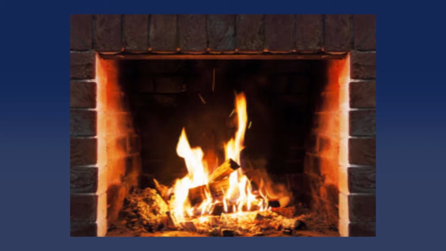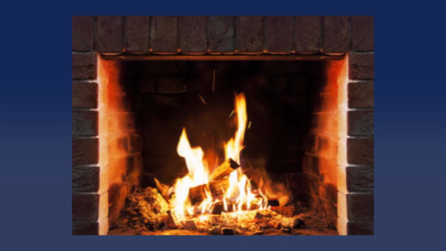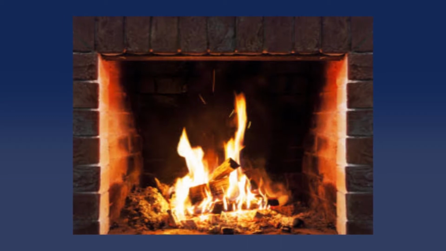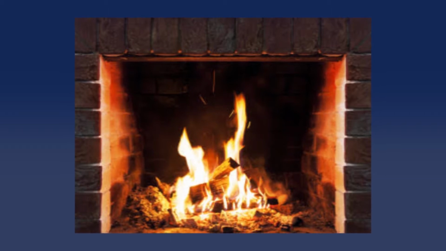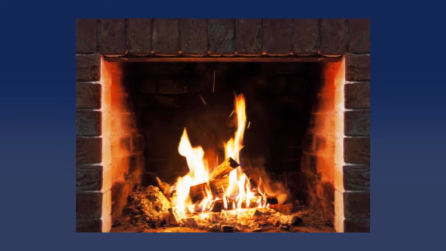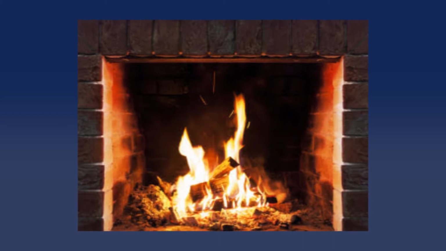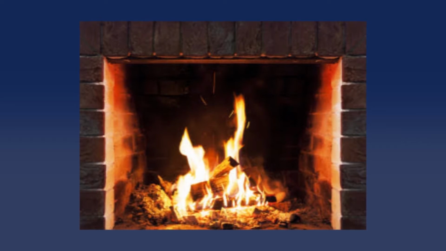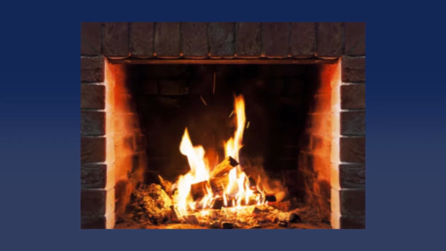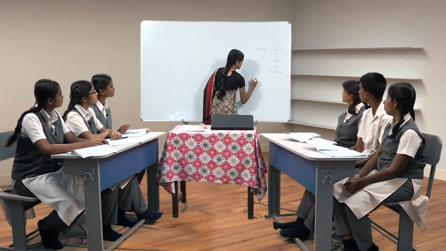Fire. Okay, anything else which you can tell from the picture? Fire is because of? Ma'am, the wood is burning. Okay, the wood is burning. Anything else other than the observations group A has made? What can you observe in the picture other than wood burning? Any other terms which you can use? Heat is produced. Yes, heat is produced. Anything else? Carbon dioxide produced. Very good. So we can see light also, the flames? Yes, ma'am. Okay, so in this picture you can see that heat and light are being produced.